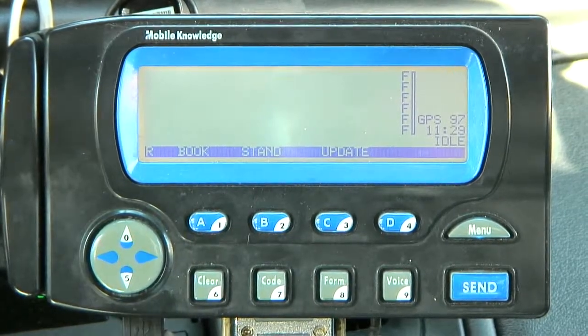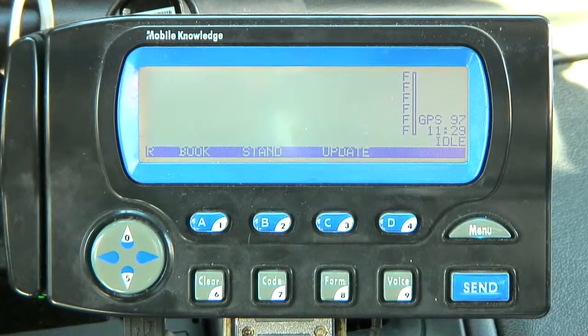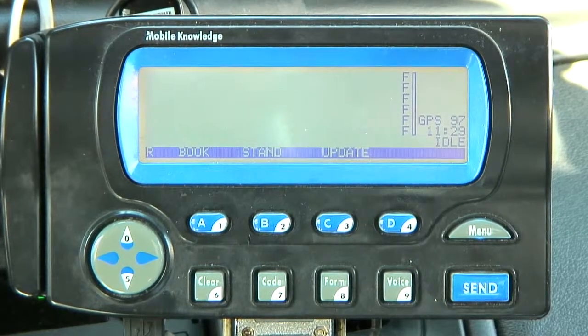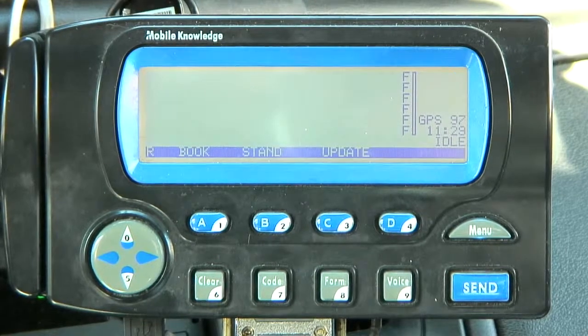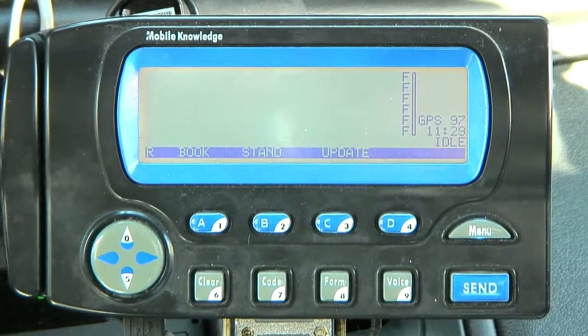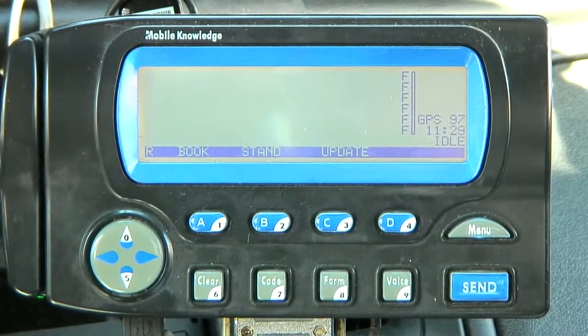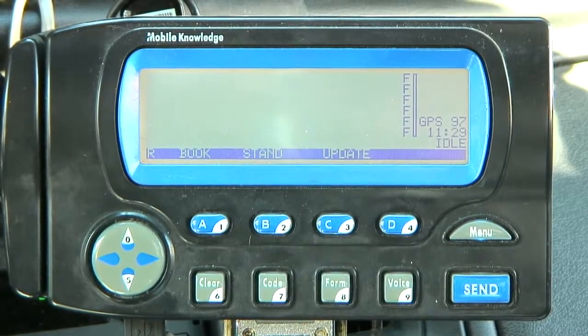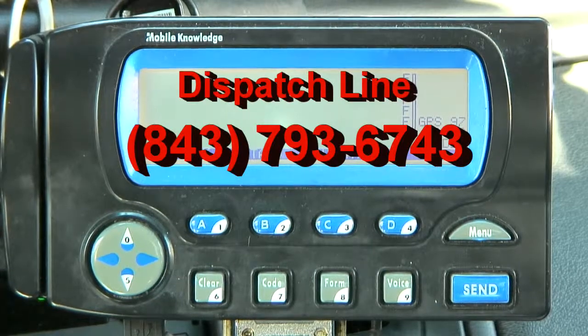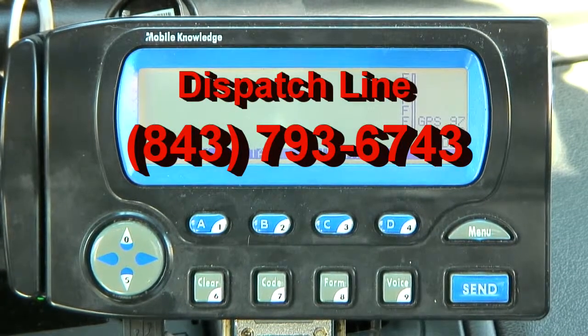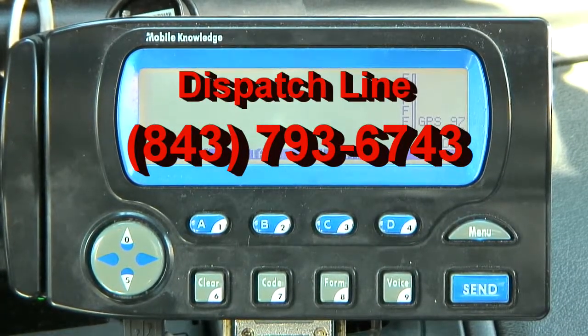The third and final way in which you can talk to the dispatcher, and you say, I need to speak with the dispatcher immediately, I cannot wait on voice, this is an emergency, I was in a wreck, I need police, I need a tow truck, something's going on that I need immediate emergency, and I just cannot wait for the dispatcher to respond to my voice. Well, on your screen right now, there is a phone number. That is the dispatch line,